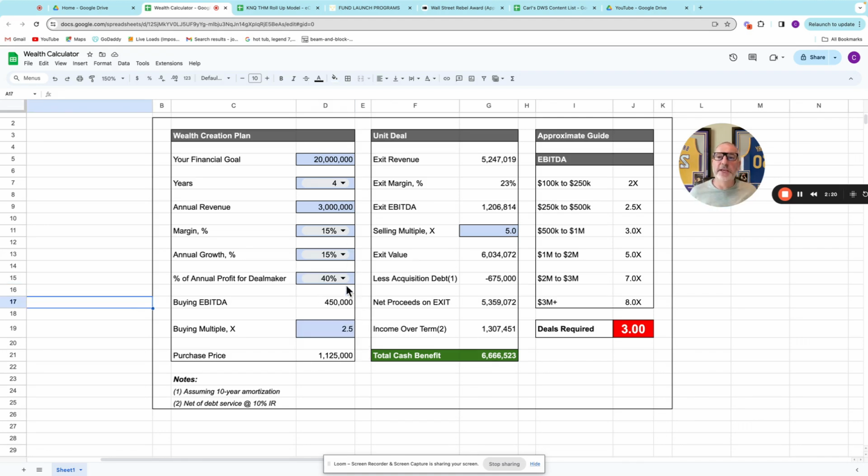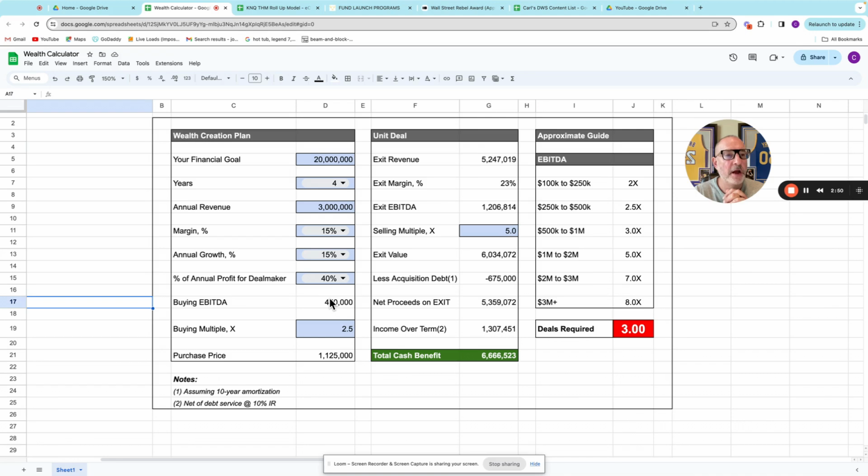So then what the model does is calculate the EBITDA of the business you're buying, which is basically the annual revenue multiplied by the margin, nice and simple. And then what we're also going to do, and this depends on the sector you're in in a lot of cases, but also on the size of the business, is this: I've given you a little guide here on the right-hand side, based on average multiples and average profit, for what you should be paying. So in this example,